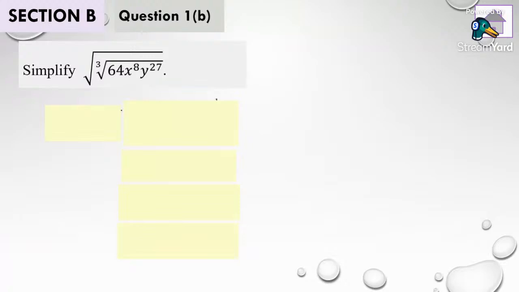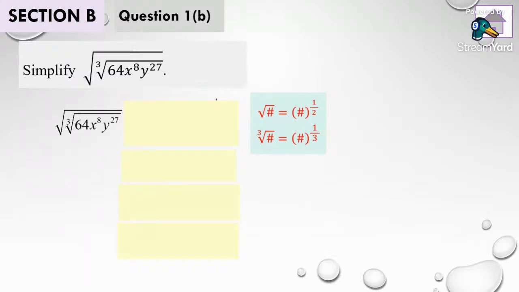1b. This question looks complicated, and let's see how we're going to solve it. So first of all, we copy back the roots term. We have a cube root inside a square root. And in order to solve this question, I would like to convert the roots into indices, where the idea is the square root I will convert into power of 1 over 2. The cube root I will convert into power of 1 over 3. So as a result, this is what I have. The square root is the outer layer. The cube root is the inner layer.